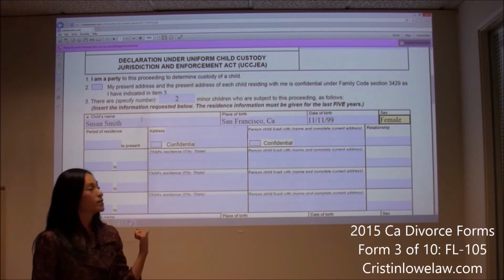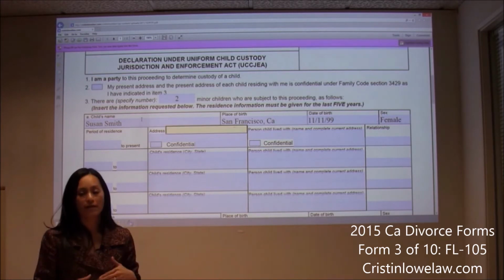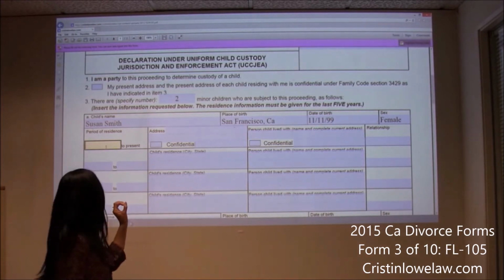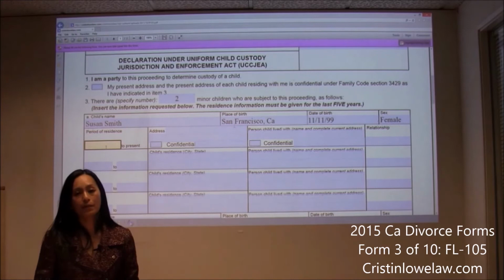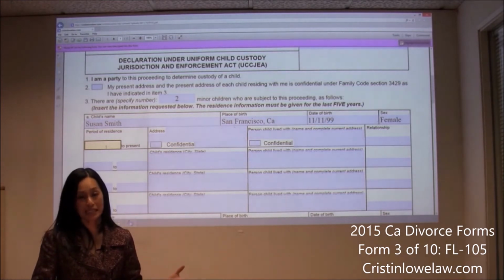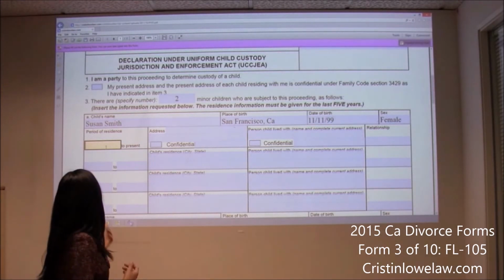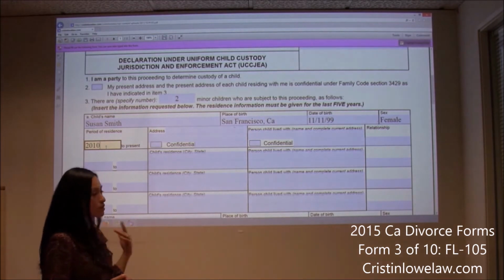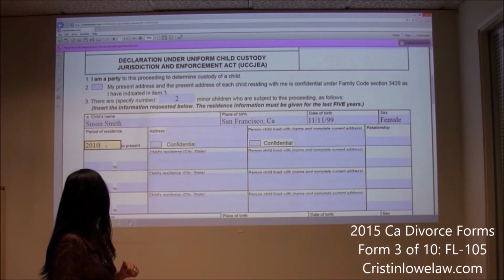And then we're going to put the period of residence. And again, we're going to go back 5 years. The most recent address is there. And if you cannot remember the specific month and day, at least get the year, because we want to go back 5 years. So let's just say from 2010 to the present, Susan's been living at Jamie's address. And that's the 123 Main Street.